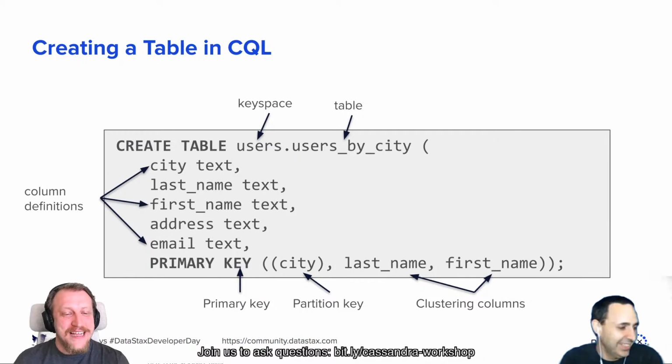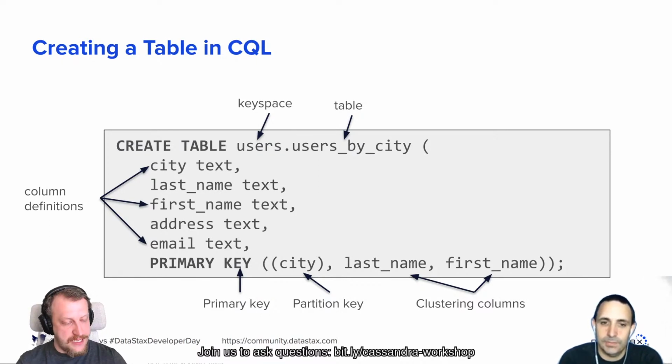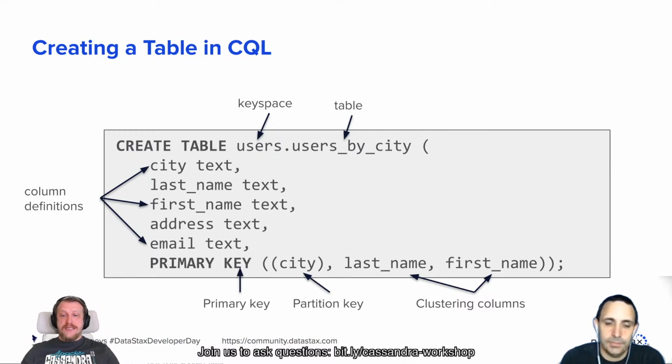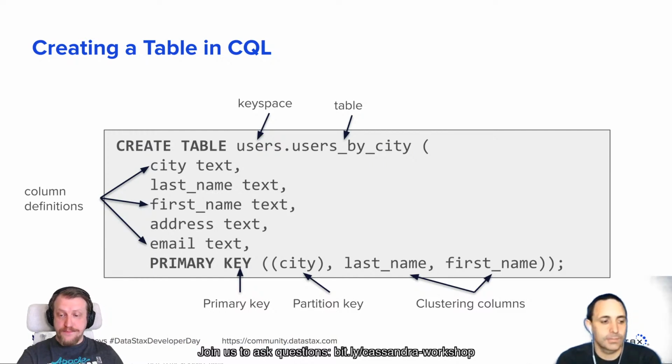Okay, so take a look. City, in this case, is a partition key. It defines the partition. City, last name, and first name are the columns defining the primary key. And they all are text, and that's a very bad primary key, so we do need to add some uniqueness to this primary key. And last name and first name are clustering columns. So clustering columns are the columns defining a sorting order in the partition we have created. For now, it's not the point. And in this case, address and email are data columns, those only responsible for storing data.